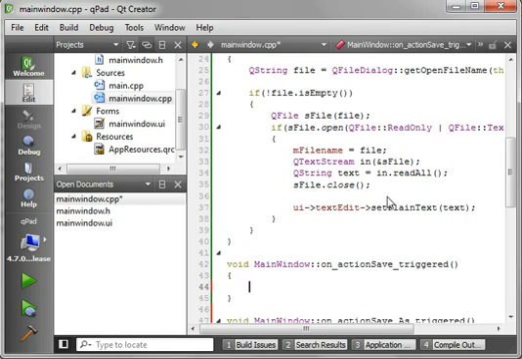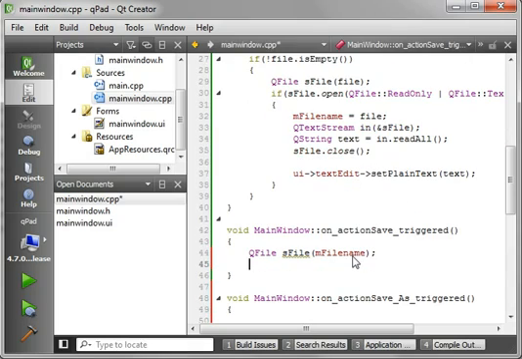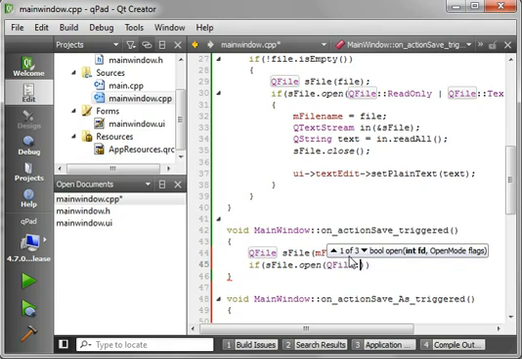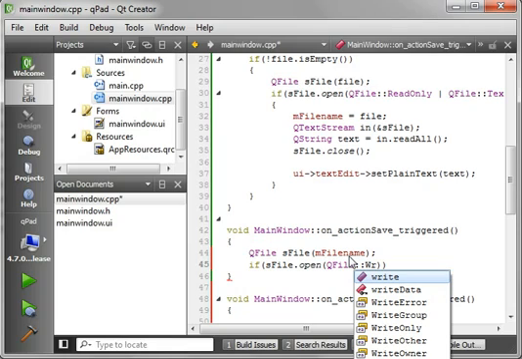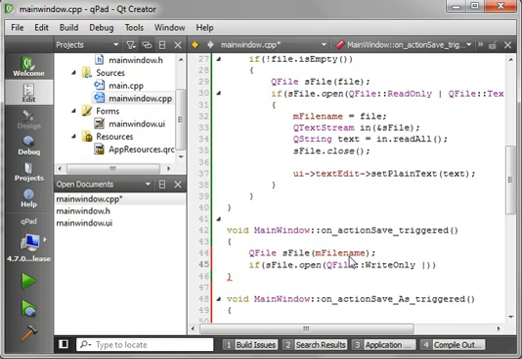So we're going to make a QFile, and just call this sFile for that, and we want mFileName. And I know some of you are probably screaming at my variable names. I'm very tired right now, so bear with me here. Whoops, there we go. Open, and we want QFile, and we want write only. We want to OR that with QFile